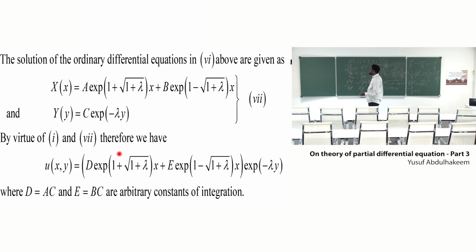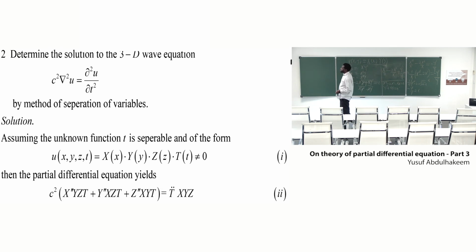So the solution to that differential equation, u of x comma y, is now going to be the product of these two solutions, which is what we have in here. And then this one is just the constant. We merged all the constants that appear together because we have a constant c here. So by the time this equation multiplies this equation, we are going to have this a multiply this c and this b multiply this c. So we can just put them together as d equals ac and e equals bc, and that is how we obtain the solution. And these are just arbitrary constants, because by the time you multiply a constant with a constant, you are going to obtain another constant.